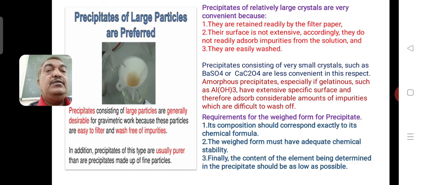Now, if you see precipitates of large particle size. Whenever the precipitate PPT is going to form, it should have a large particle size because there are some specific advantages. If the particle size is large, the filtration is done in a proper way. If the particle sizes are very small, they may pass through the filter paper, then there is no use of doing such an experiment. Therefore, large particle size can be achieved by adding a suitable reagent to your solution,